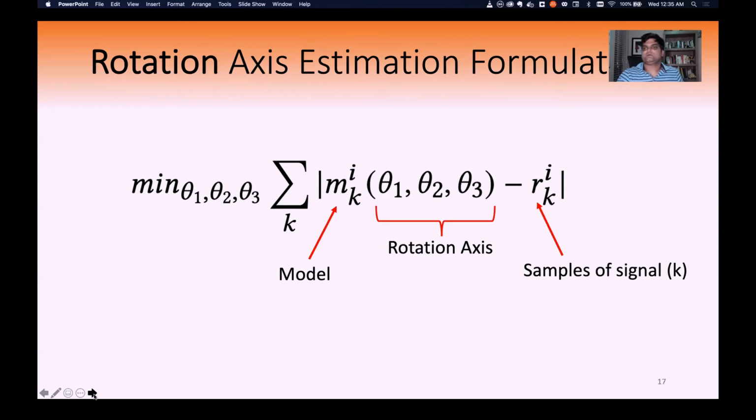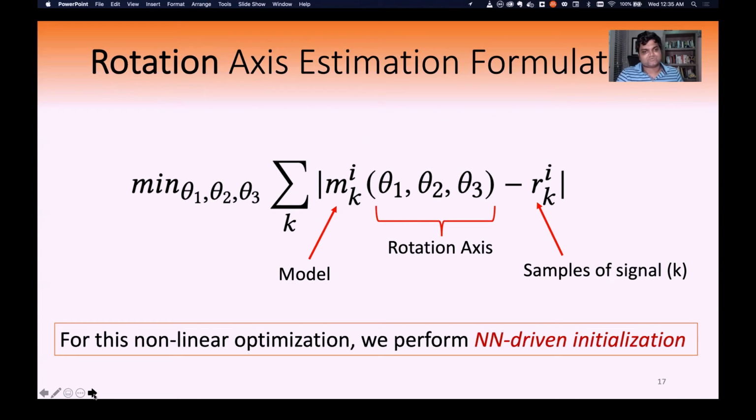And we also extend to include azimuth and elevation by adding two more parameters to the same optimization framework when it is not in a static azimuth and elevation location. However, as you can see, this is a nonlinear and non-convex optimization, and there is an issue that the initialization